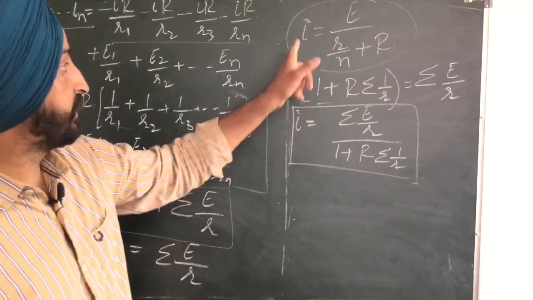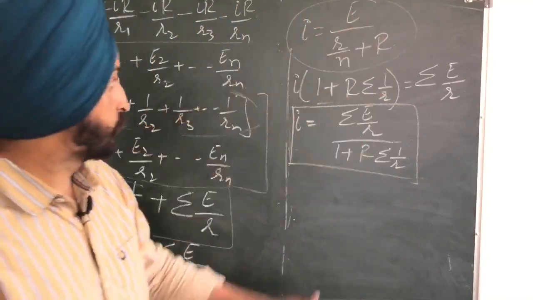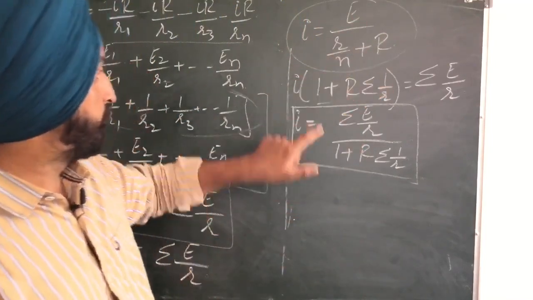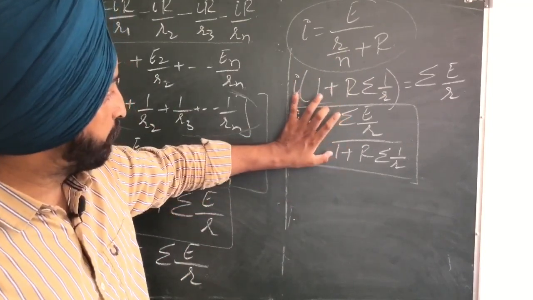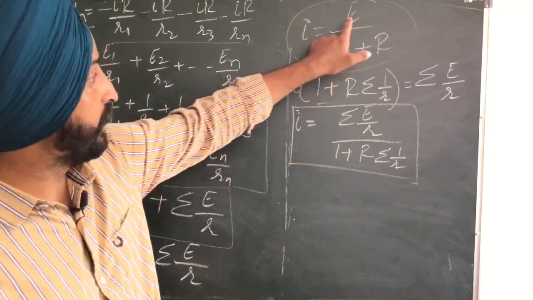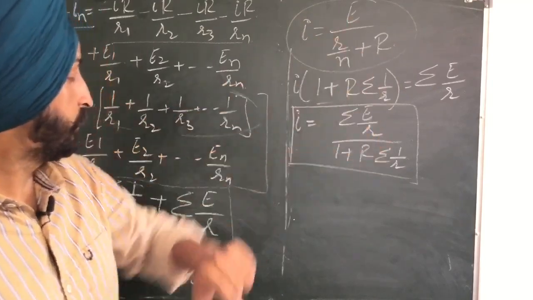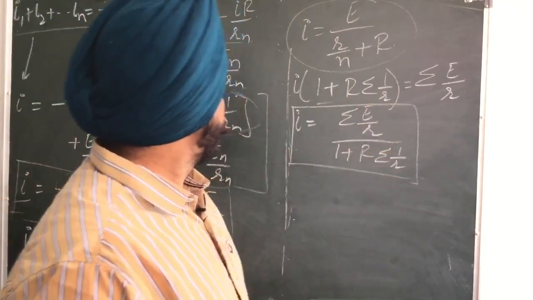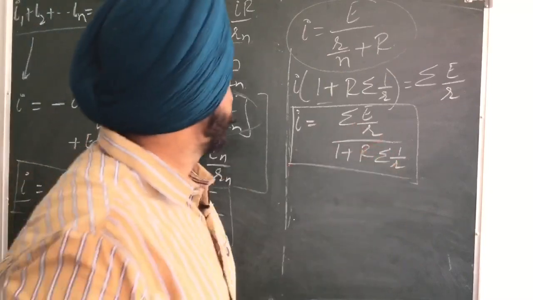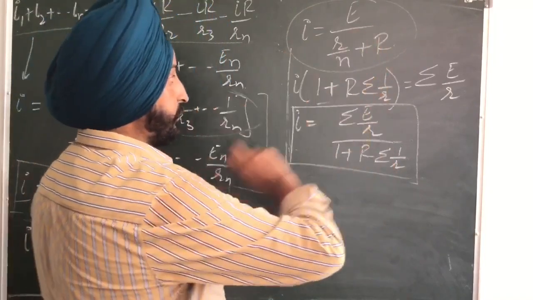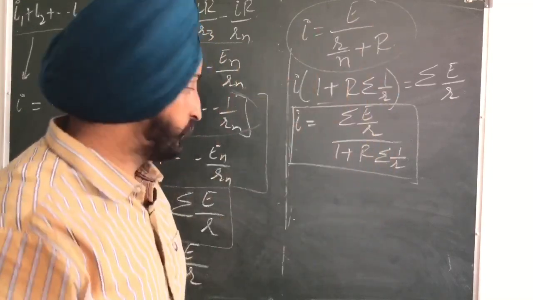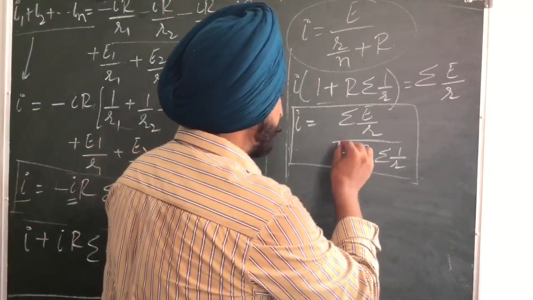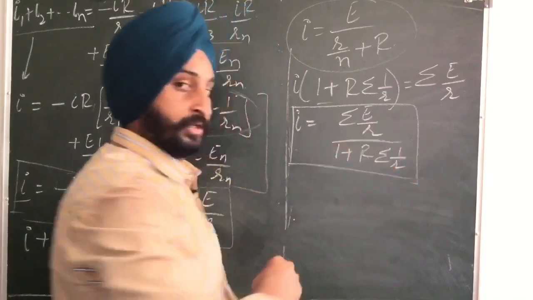So at that time the current was equal to this value. There the value of current was this, but now the value of current is this. Now we will be comparing these two equations. Here you have EMF, somewhat EMF over here, but with internal resistance. But in the denominator you had the sum of internal resistance plus external resistance, fine. But here we have 1 plus some value.